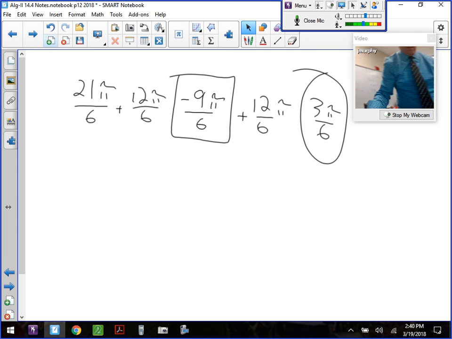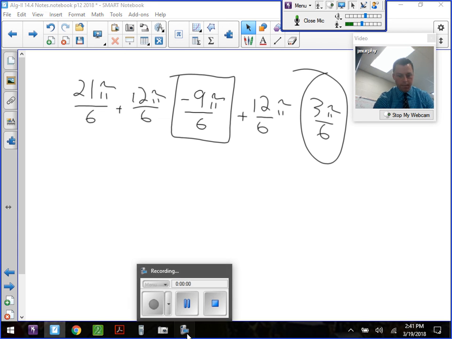So if you know how a general solution, like this number that is